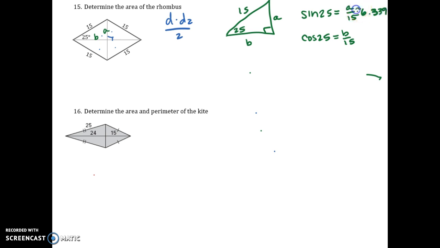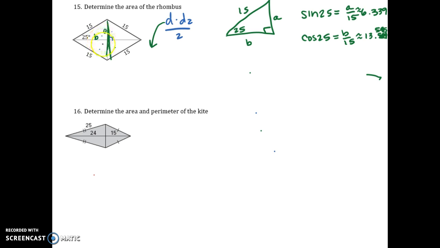6.339 for the value of A, and then the value of B is 15 times the cosine of 25, which is 13.594. I guess 13.595 technically. Okay, so if we know that, then you can say that your diagonal 1, we'll use the